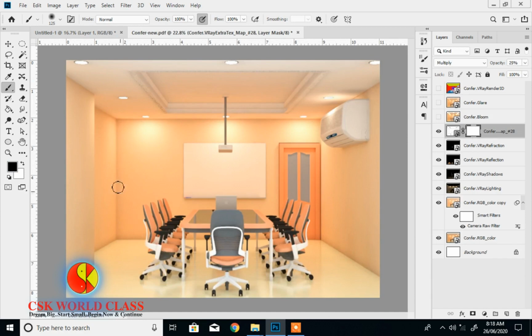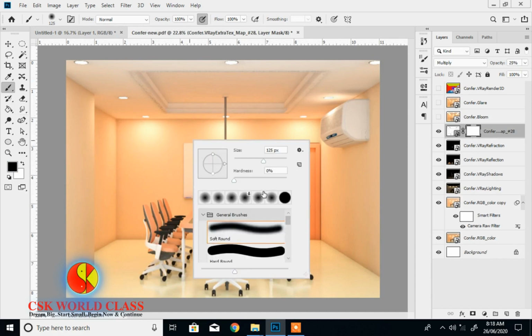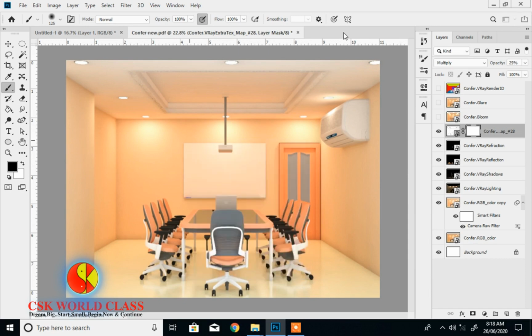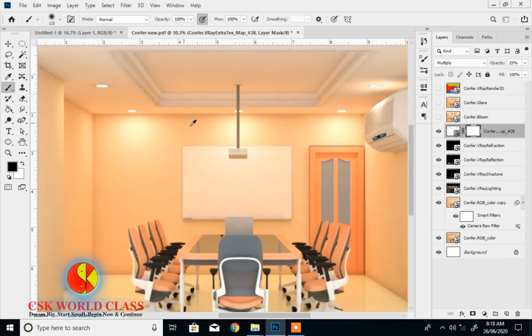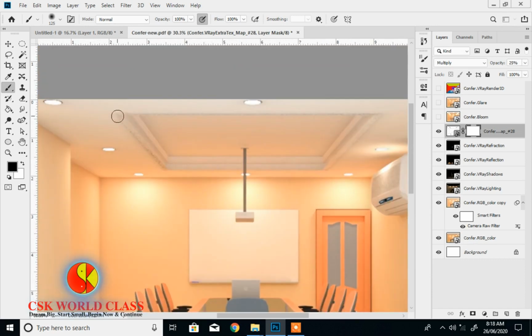On this layer, take the brush, zoom in, click the first point, then hold the shift key and click the second point. Here also first point, then shift and second click.